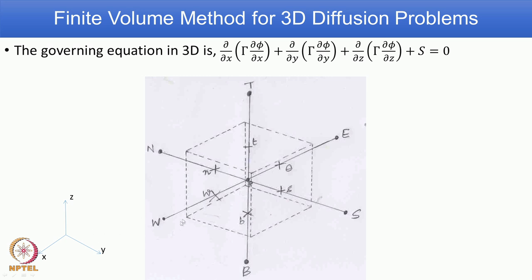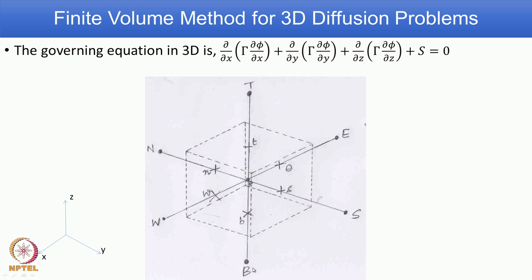Now, along the y direction you have a north node and south node. Similarly, along the z direction you have a top T and bottom B